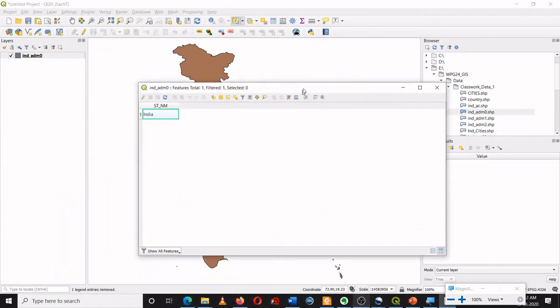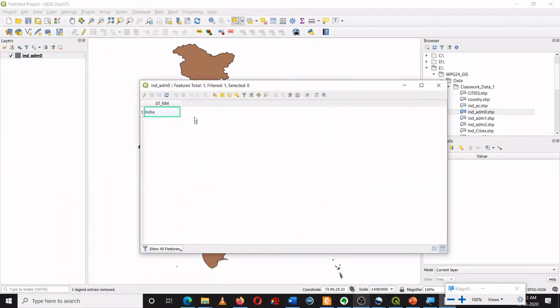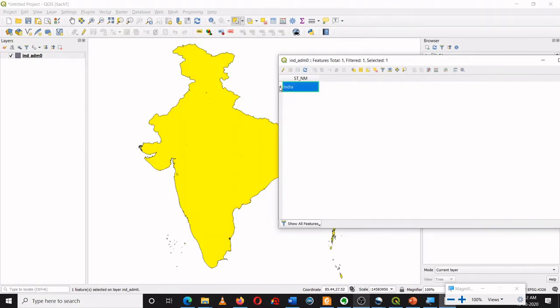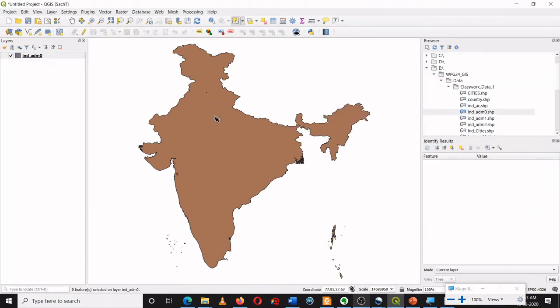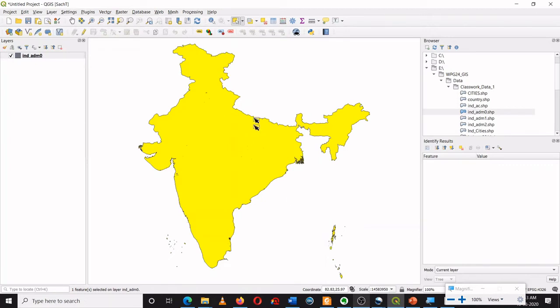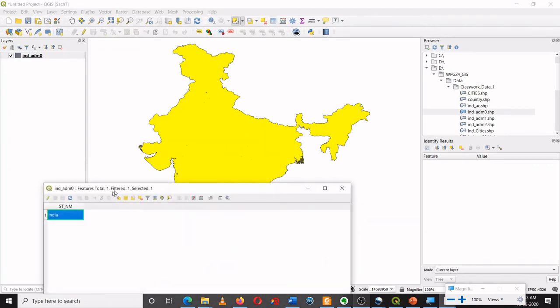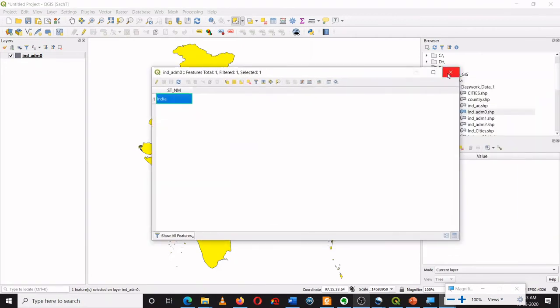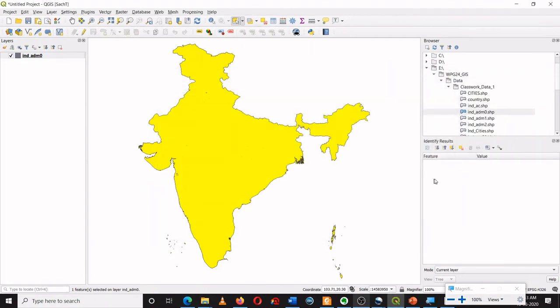So now the entire India, which includes multiple polygons, is represented as one feature only. So if I select over here, the entire polygon will get highlighted. I can deselect it over here, but I can use select feature and I can select it over here, and the same way it will get highlighted in the attribute table. Okay, I am closing now this attribute table.